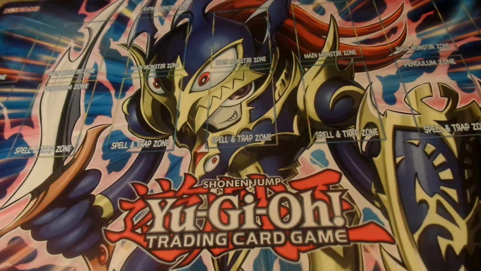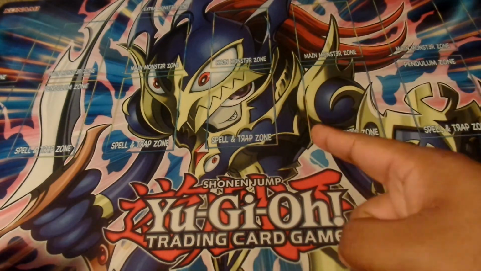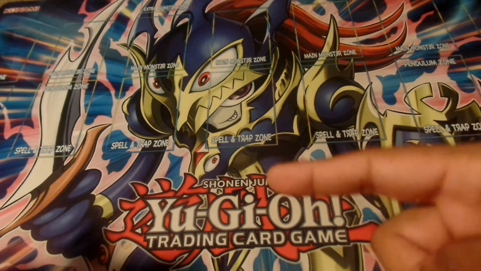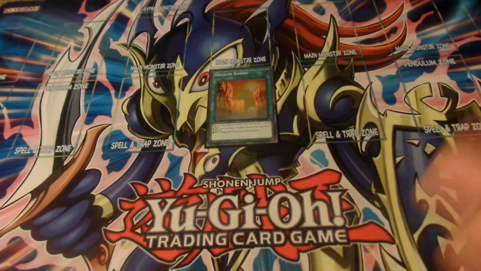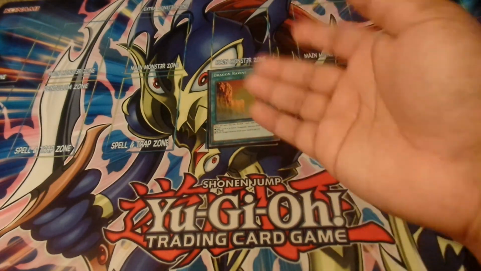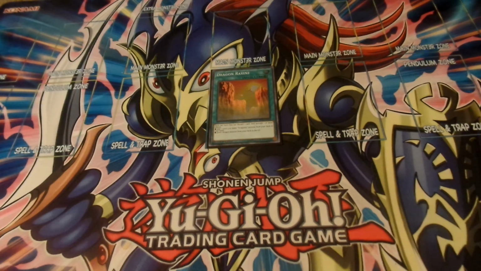This deck's actually really, really fun and really, really consistent now because we have 2 searchers, one in Spiral Flame Strike and then one in the Odd-Eyes Revolution Dragon, which is the new Pendulum monster. For field spells, we're also playing another copy of Dragon's Ravine. This is to dump the